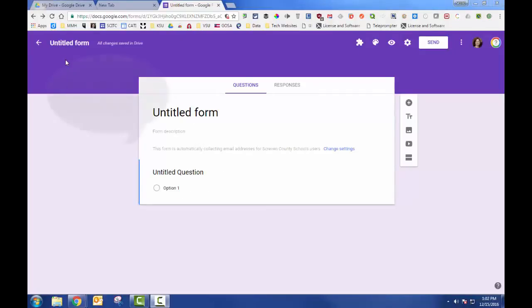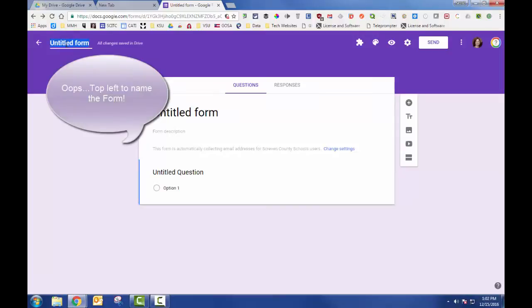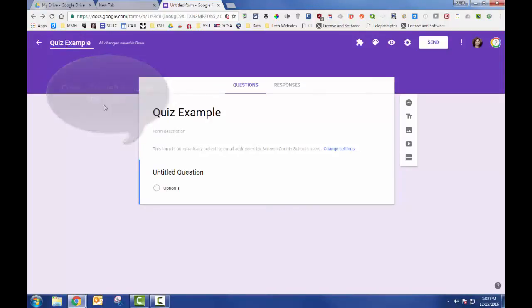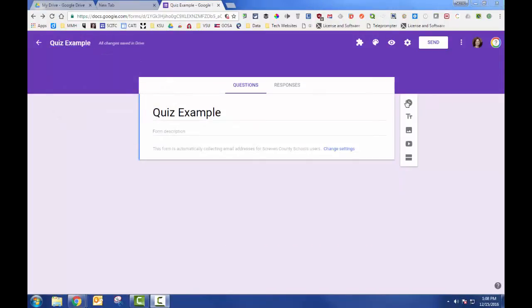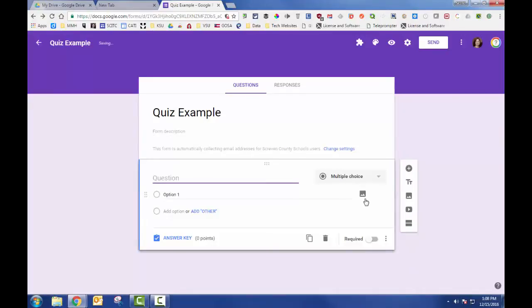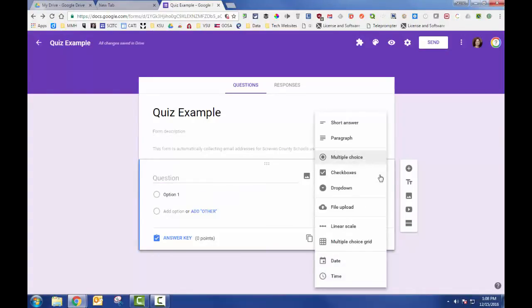To begin editing the form, we'll click in the top right corner and name our form. On the right-hand side, you can use the Insert menu to add questions to your form. If you click the plus sign, then a question box will open for you. Inside that box, you'll see a drop-down menu that will allow you to select different types of questions to ask. There is a new question type called File Upload that will allow your students to submit files and documents within their quiz. So if you choose this option,